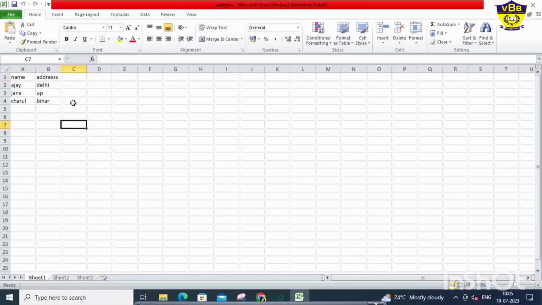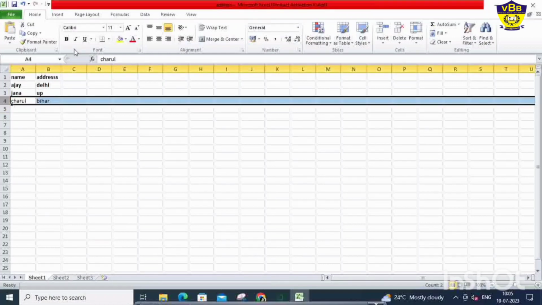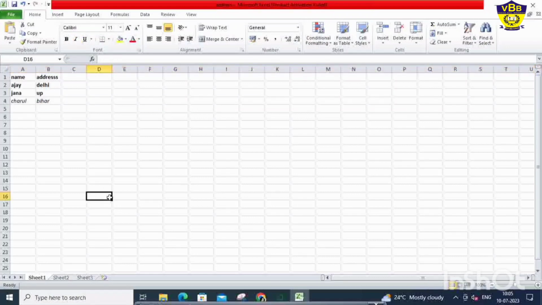Now what I need to do is apply the bold font style till row 3. So I will select this data, right, and I will make it bold. Then I need to apply italic to this row, so I will select this row and apply the italic font style. Now we need to add the thick border around the content. How to add the thick border, I told you: just select the content and then add the thick border.